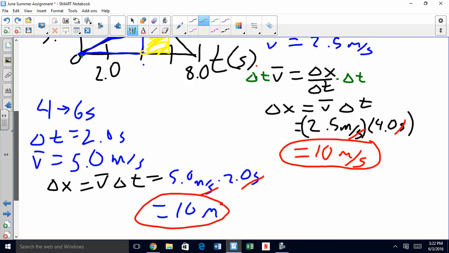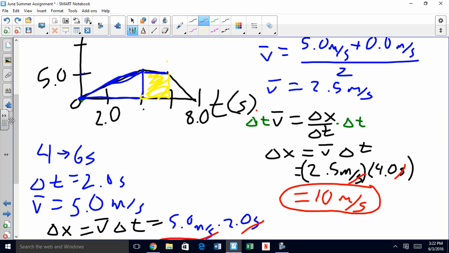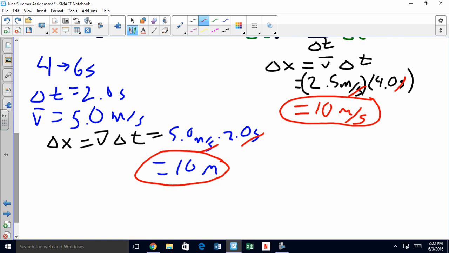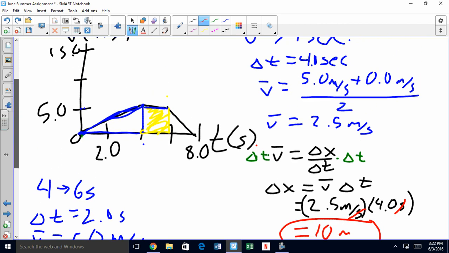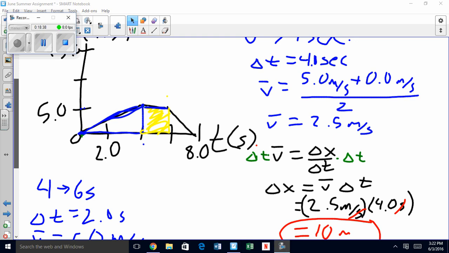If somebody asks you how far did you travel total from 0 to 6 seconds, you would say, well, I had 10 meters in the first part and 10 meters in the second part. I screwed up the units there. Somebody could have corrected me on that in class. You can see I canceled them, but then I wrote it anyway. I apologize for that. But going from 0 to 6 seconds, that's 10 plus 10, or 20 meters. And I am going to stop there so this file doesn't get too